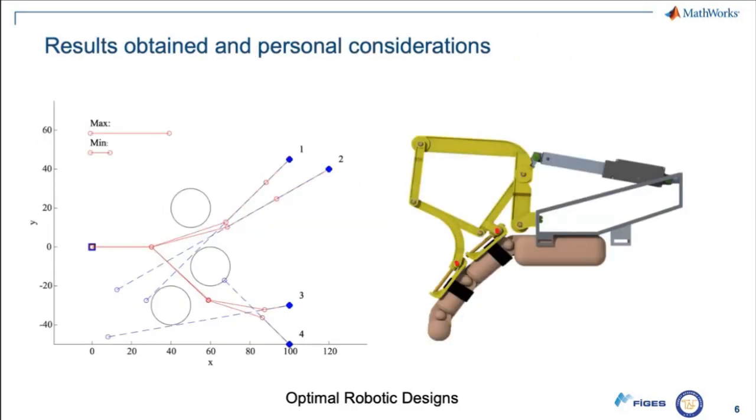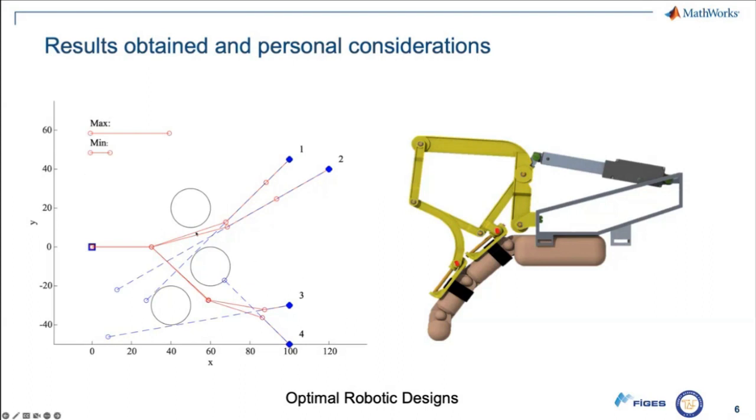These are some of the results that we obtained in terms of optimization of the design. The one on the right hand side, okay, this is not done in MATLAB, this is Simulink probably, but the design itself was given by a MATLAB script with Simulink and coding directly in MATLAB. So we obtained the lengths of all these yellow links to build the robot. We gave that kinematics chain, and then Simulink elaborated the forces and the distribution of these forces. And then we were able to optimize it with evolutionary computation.